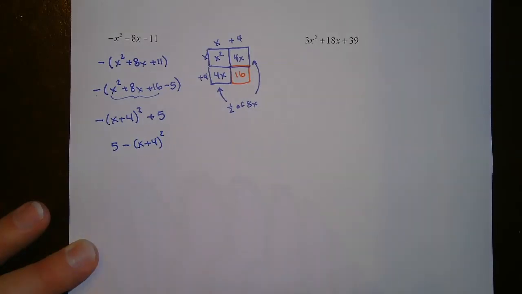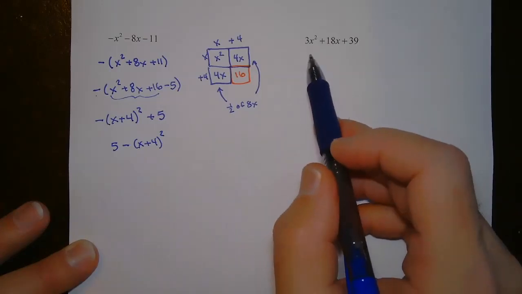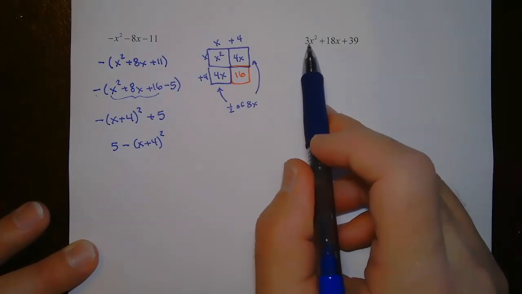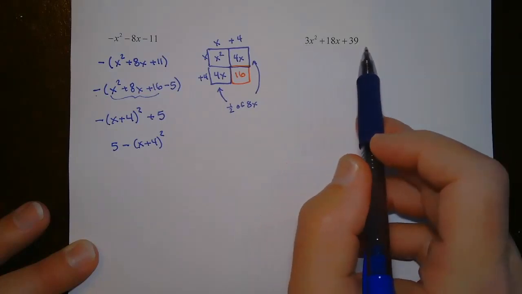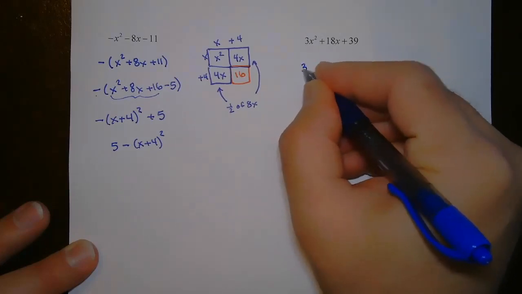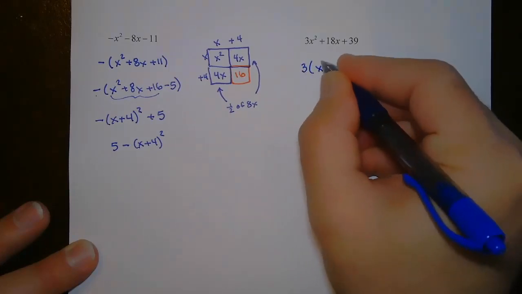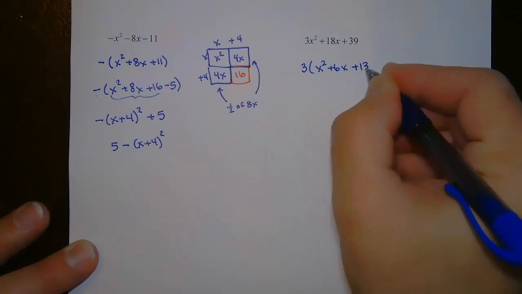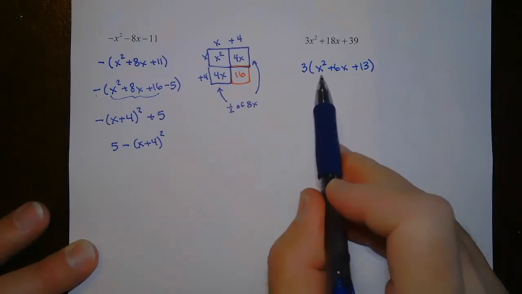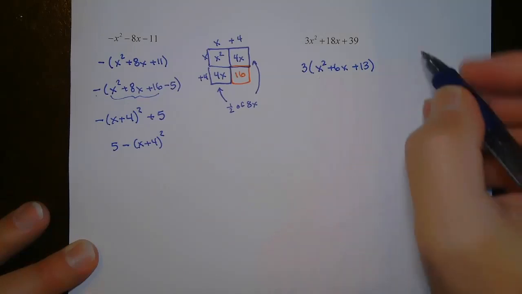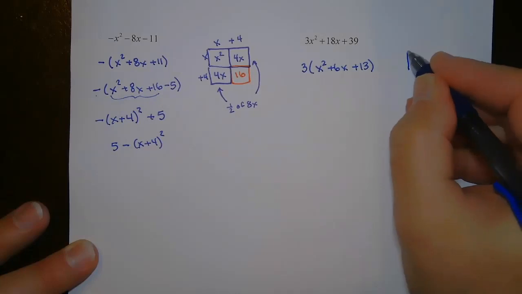Okay, so then this next problem, we have 3x squared plus 18x plus 39. What I want to do is factor out the 3 out of all three terms. All right, so I'm going to factor out the 3, and I'd be left with x squared plus 6x plus 13. Okay, so now, because I have x squared here inside the parentheses, I can begin to complete the square. So I have an x squared,